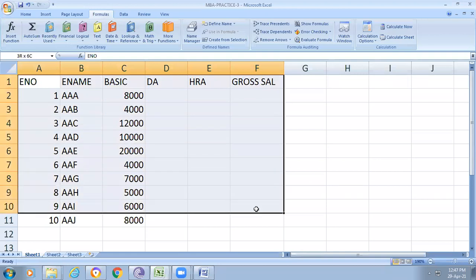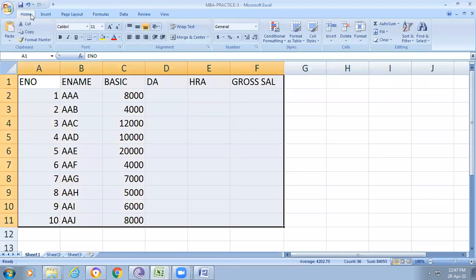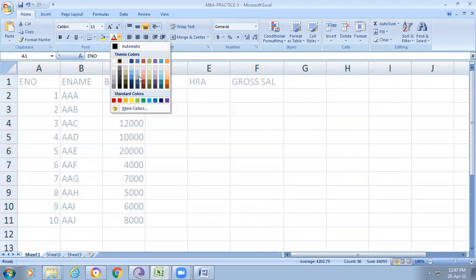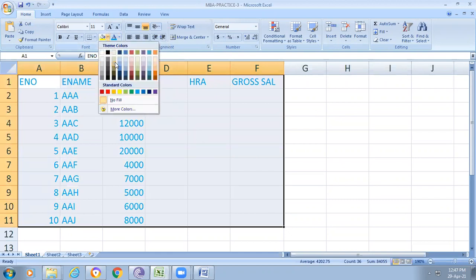Now I want to change the background color. How can we change the background color? Come to the Home tab. Here you can change the color and the font. For example, I want to change to blue color for the background.